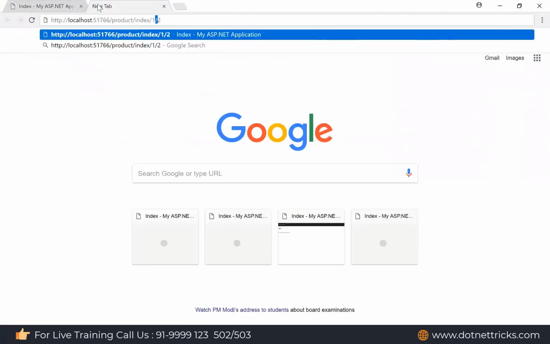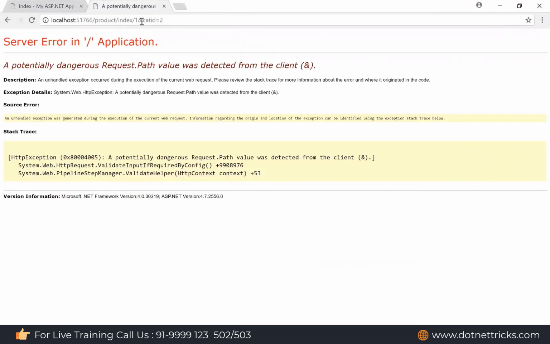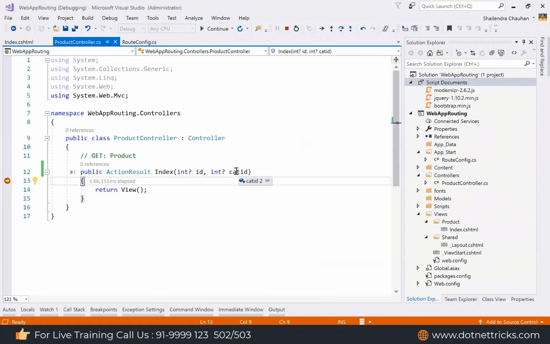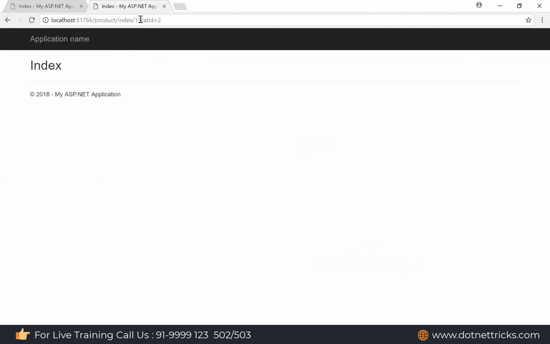So just use an ampersand, cat ID equal to 2. Actually, it will be a question mark, because we are passing a single parameter. So I'm getting ID as 1 and category ID as 2. In this way also we can serve our application page, passing the cat ID as a query string.